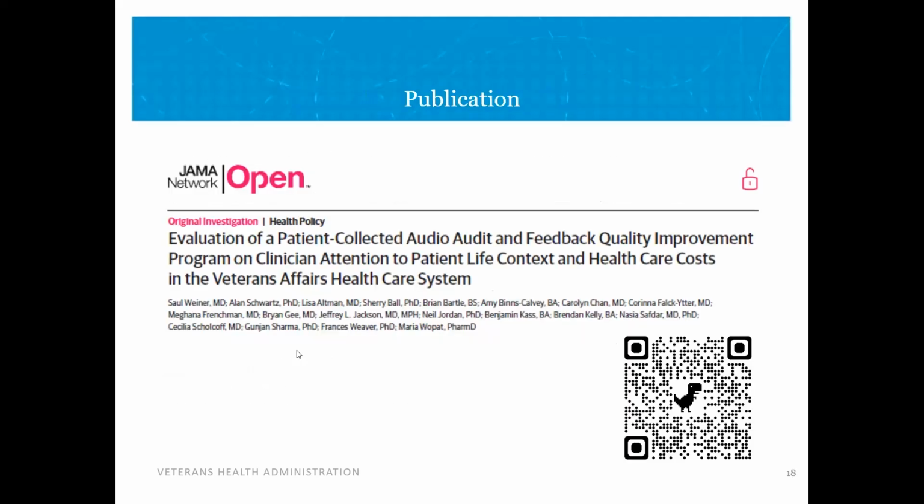So, I wanted to leave lots of time for discussion, and sorry I had to talk so much about my own work here, but it's a complicated intervention. I think that again, I can't recommend enough the Hemming paper, which I think really nicely lays out a lot